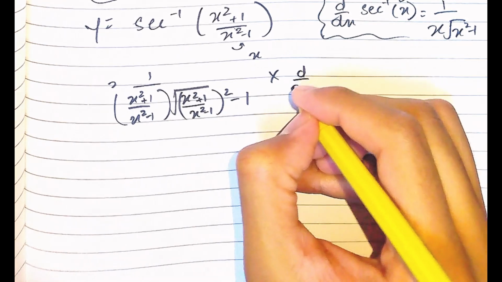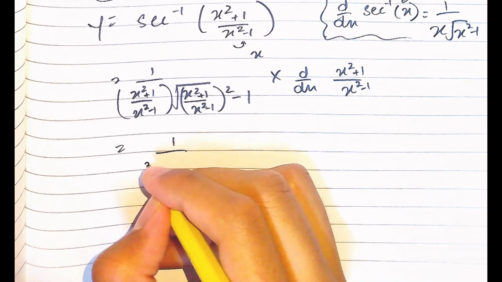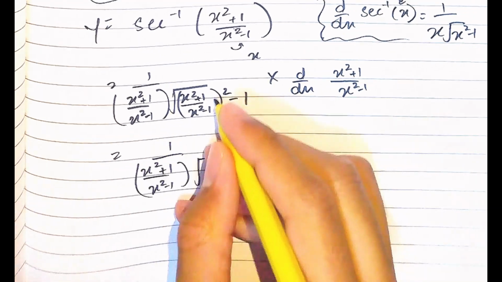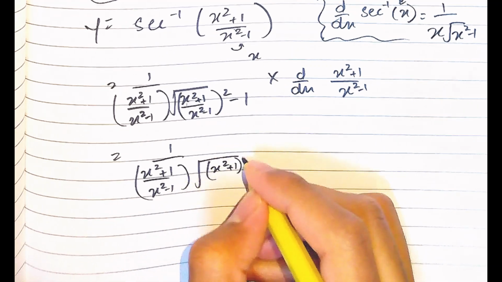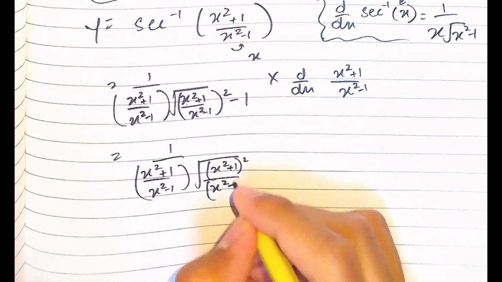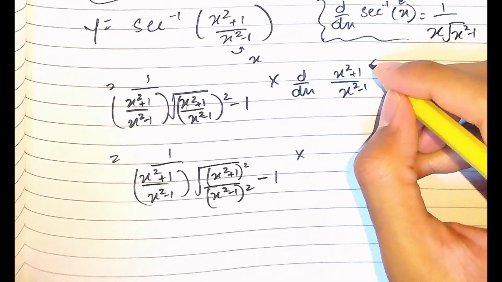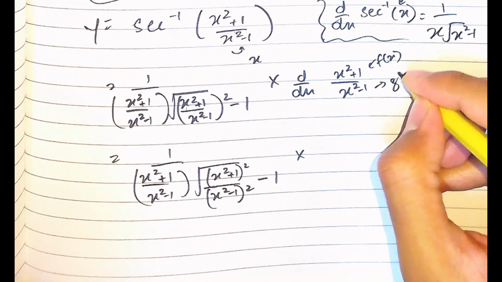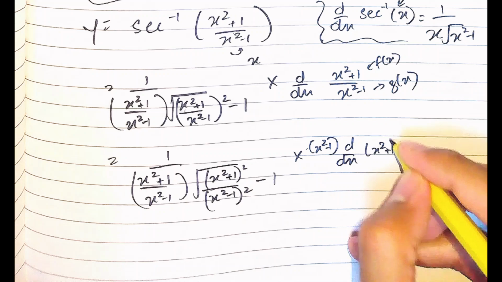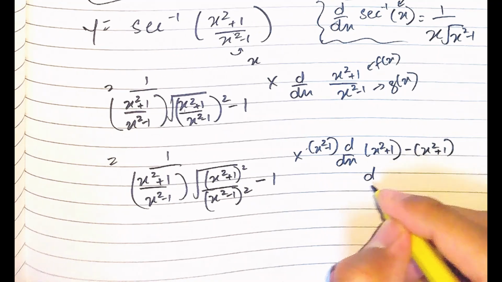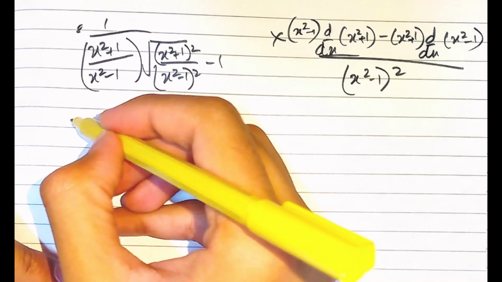So what is the angle over here? It is x square plus 1 divided by x square minus 1. We have 1 divided by x square plus 1 divided by x square minus 1. Now I'm going to separate this square to the terms present inside it. So we have x square plus 1 whole square divided by x square minus 1 whole square minus 1, multiplied by the derivative of the angle. Now this is my f(x), the first function, and this is my g(x), the second function. So the second function as it is, derivative of the first function, minus the first function as it is, derivative of the second function, divided by the square of the second function. So over here we have,